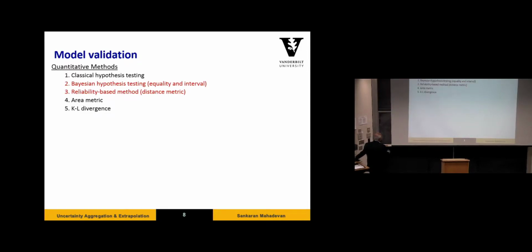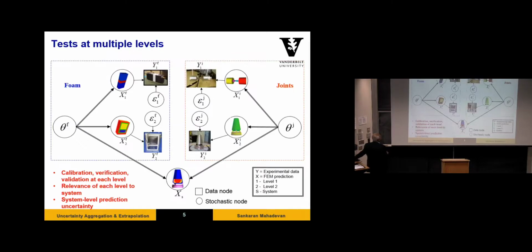So before we do that, I do want to mention this here. We have calibration and validation and verification, all that is going on at different levels. So you have all that information that is there. There is, of course, the aleatory and epistemic sources of uncertainty that are also coming into the picture that need to be properly aggregated. And also,